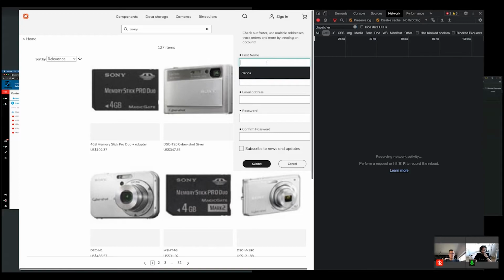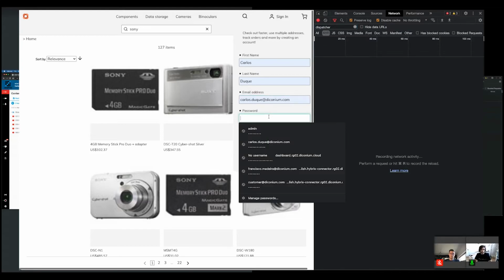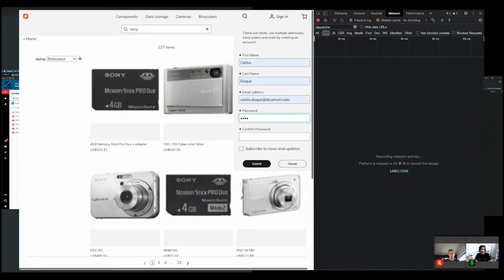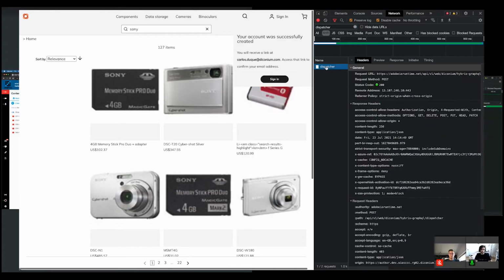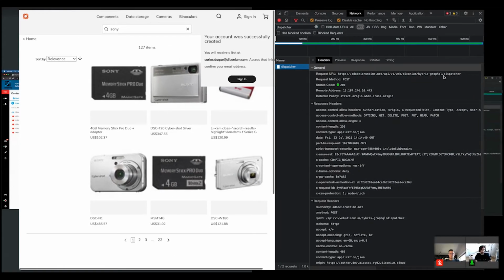So I will basically create an account. Again, I have the network tab open on the right side, and we will see what happens in here. So, filling up again the out-of-the-box CIF core components registration form. When we press the submit button, we see some activity happening on the right side, and when we inspect it,